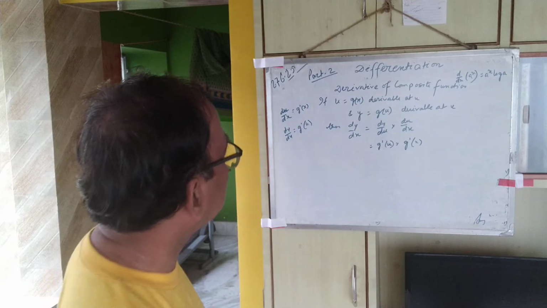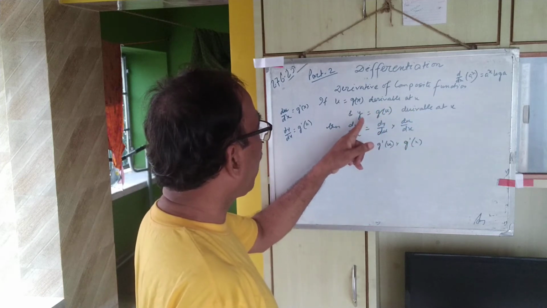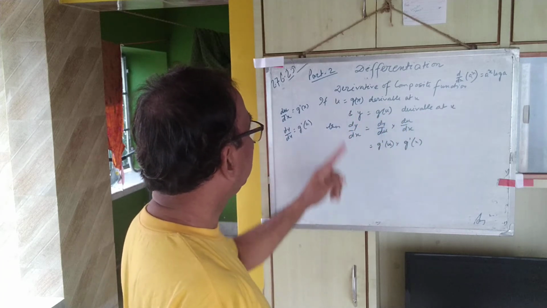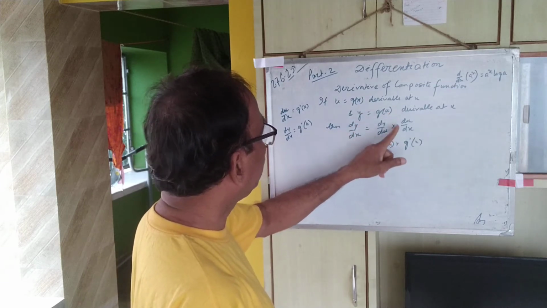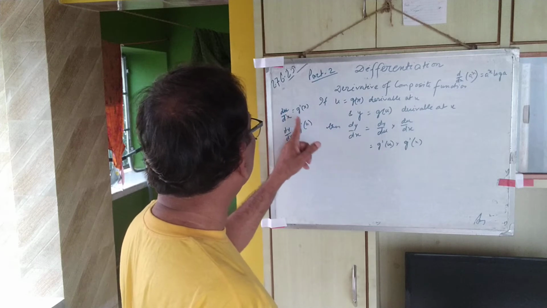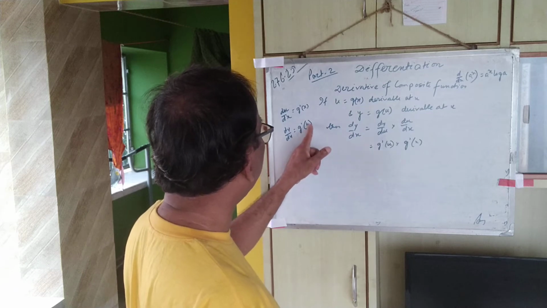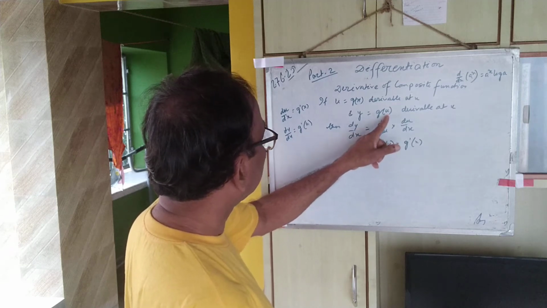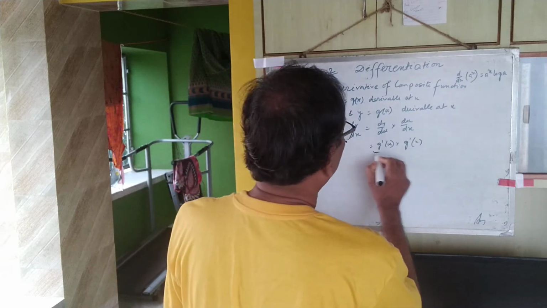What is a composite function? Suppose there are two functions, u equals g(x), differentiable at x, and y equals g(u), differentiable at u. Then you can write dy/dx equals dy/du times du/dx. Since u equals g(x), du/dx equals g'(x), and dy/du equals g'(u). Therefore dy/dx is g'(u) times du/dx, which equals g'(x). That is the derivative of the composite function of x.